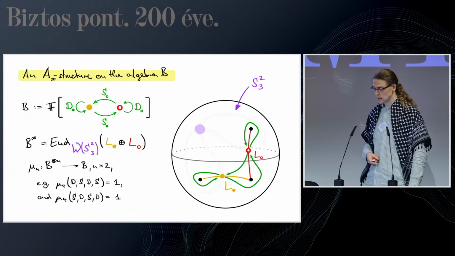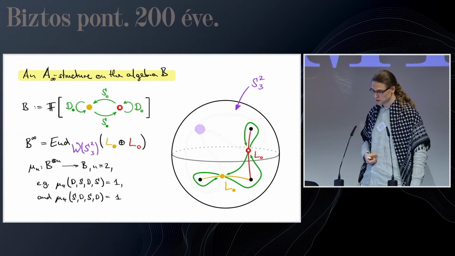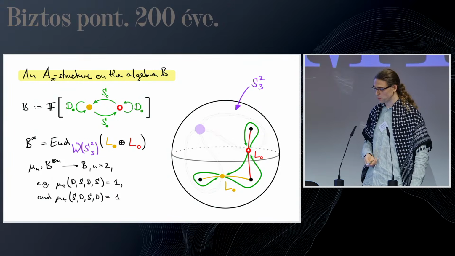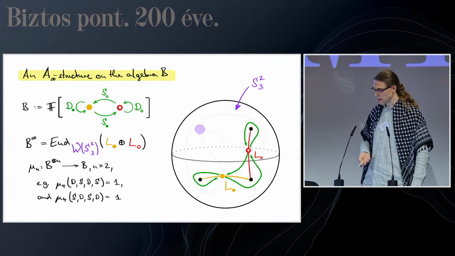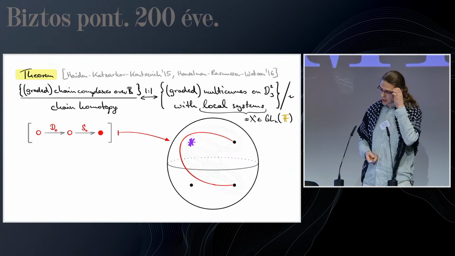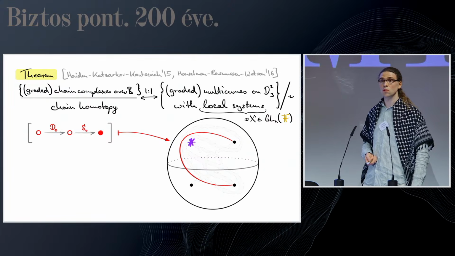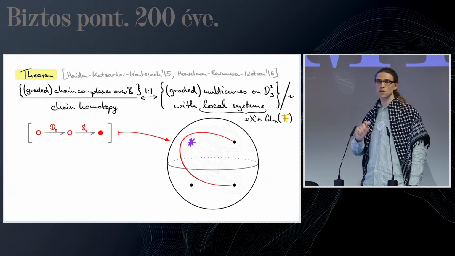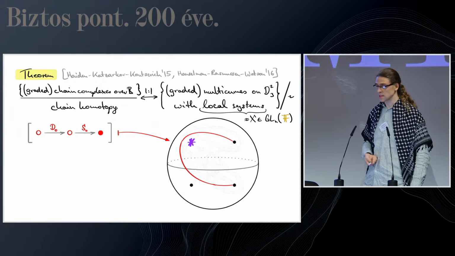And here are some of the higher operations. Okay, so if you see a ds, then you have this higher multiplication map that tells you this is equal to 1, not 0. And this classification result from earlier, this classification result here of Haydn, Katsakov, and Kontsevich, this also generalizes to other surfaces, I said. Okay, only there you need to, well, potentially work with A-infinity algebras, and that's exactly the